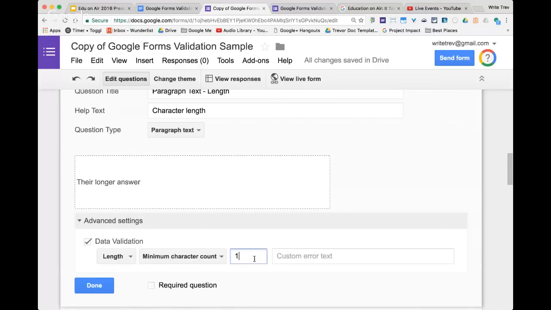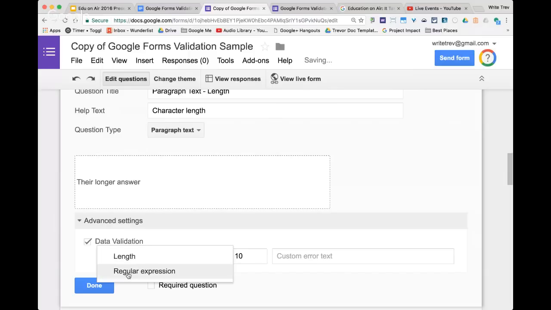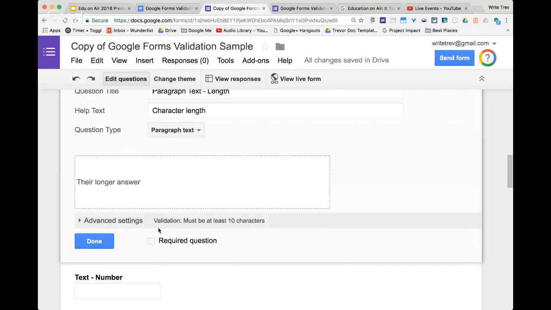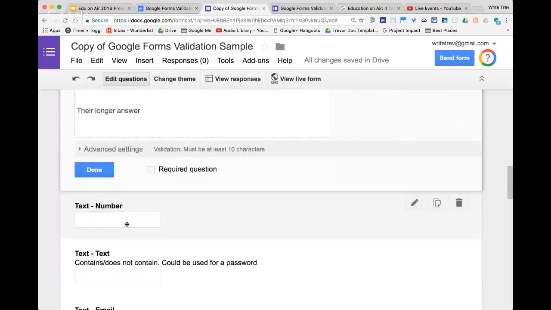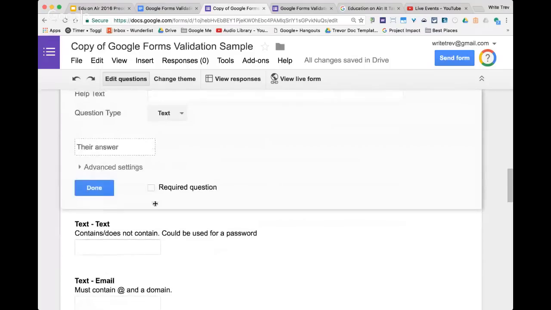For this one, I'm just going to put in 10. Now, there's another validation here called regular expression. We'll come back to that a little later, but we're just going to stick with the Google provided ones. So at least 10 characters for that one. In the text field,